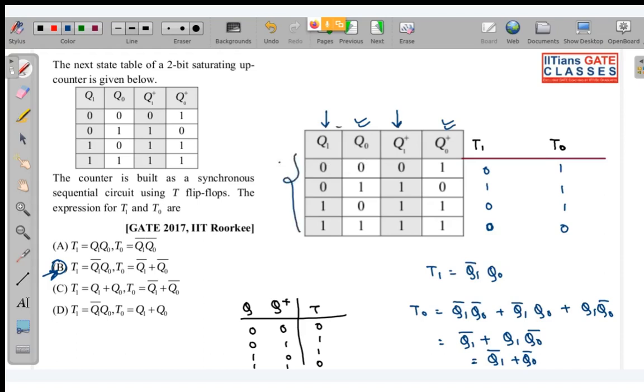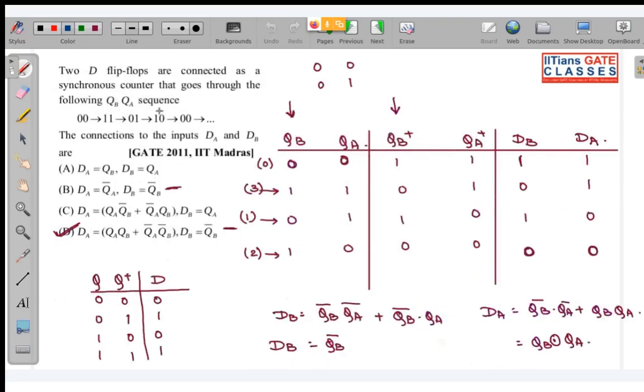Here you can see this corresponds to cell number 0, this corresponds to 1, this corresponds to 2. Here it is given like this only, 0 1 2 3, so there will not be a problem. But over here you can see this sequence I haven't built using this. Now if you want to build, you can build it like that also. You can build it using the state table, 00 01 10 11. You can draw using that also, you will get the same result.